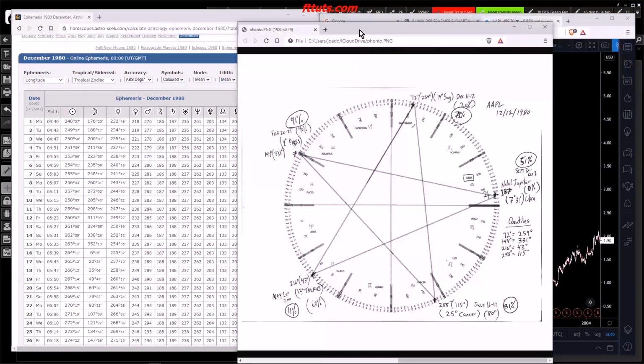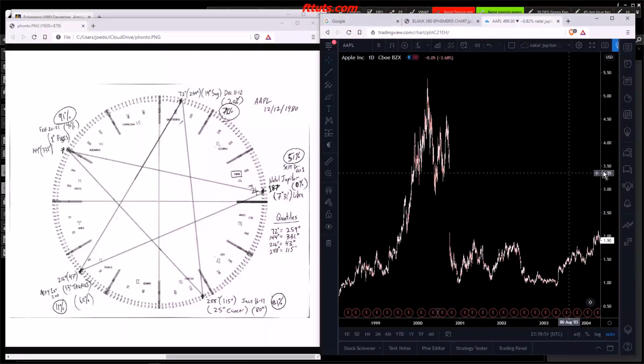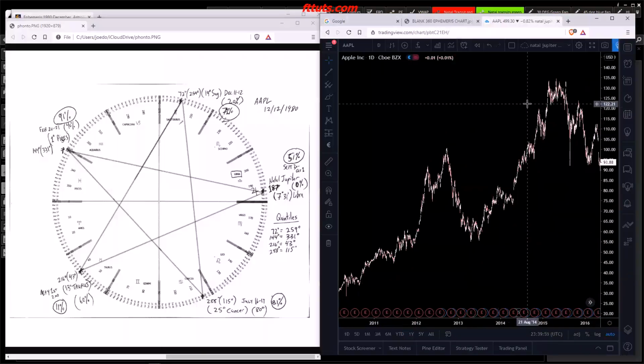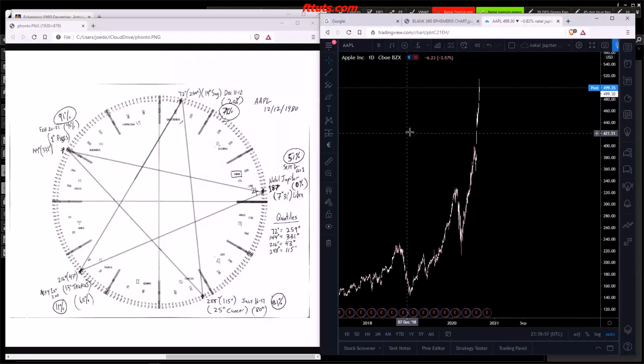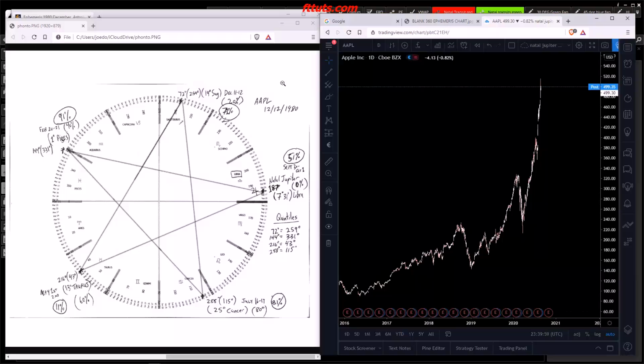Okay. So now that we've got an Apple chart, let's get our ephemeris up here, just like this. And let's take our current market action. Because we're dealing with the modern time, that's a great thing from 1980. Wow, okay, great. But let's move into the modern times. Now, like I said,